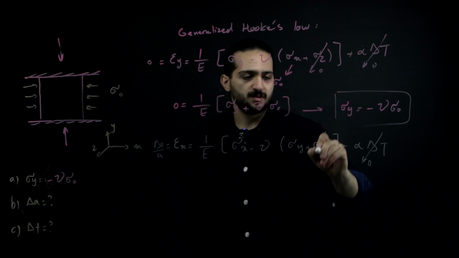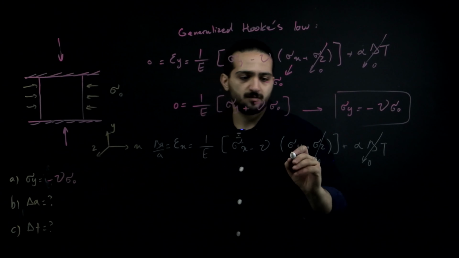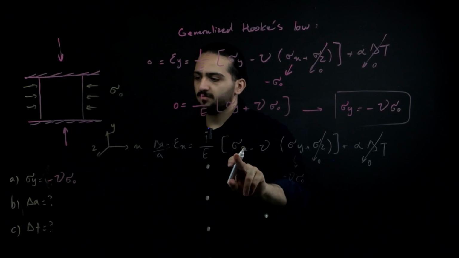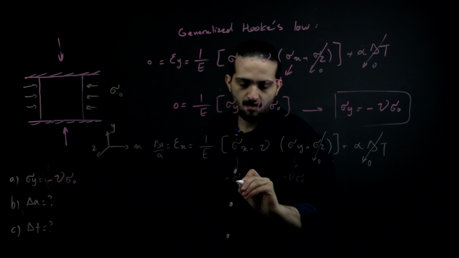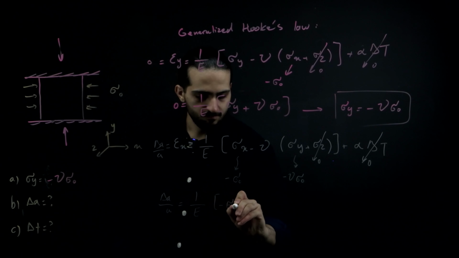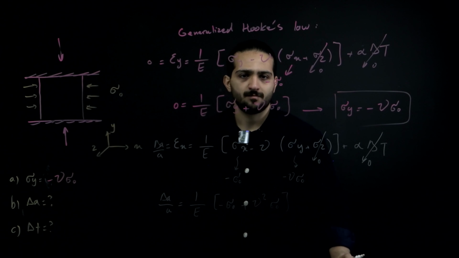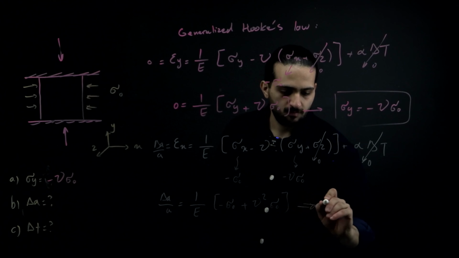Sigma z is equal to 0. Sigma y is negative Poisson sigma 0. This sigma x is negative sigma 0. And now we have